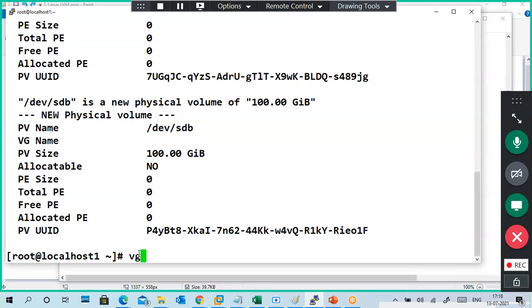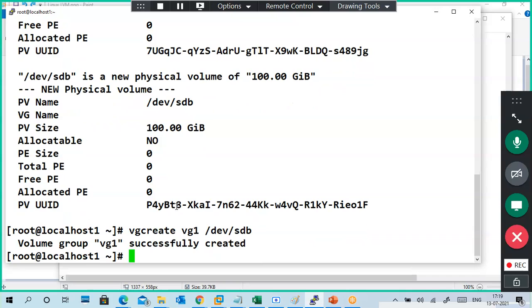Next, we have to create a volume group. The command is vgcreate, with the VG name vg1, and which disk you are adding? I'm adding sdb.